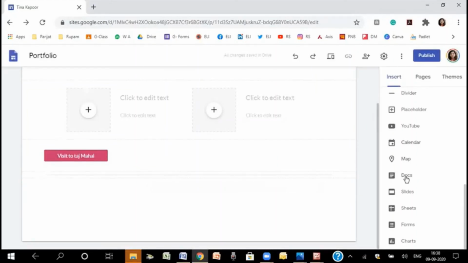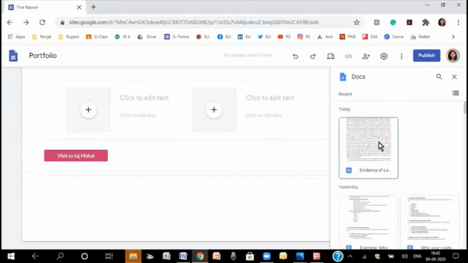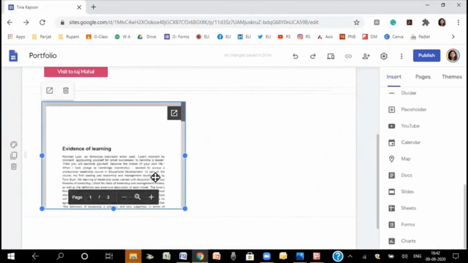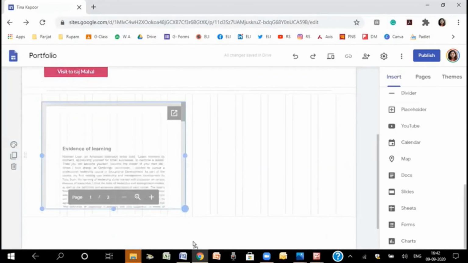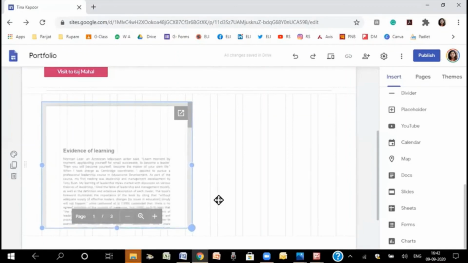So if you have documents, you can just take the documents, say Google Docs, you want to upload some of the documents which are there on your Google Drive. You can pick and choose the documents. So suppose this is the document you want to select and insert. This document has come, and now you can resize it. Whichever way you want it to look, you can always resize your document.